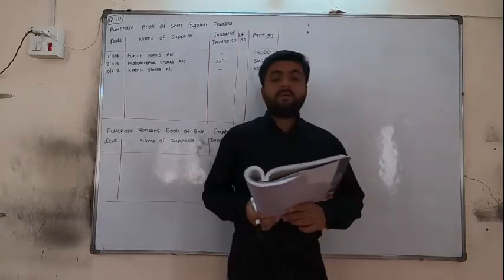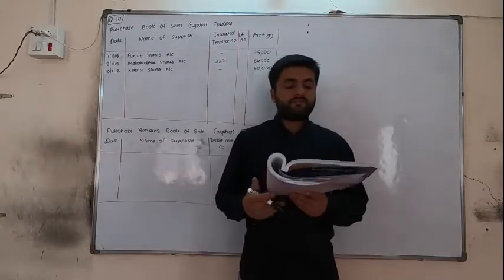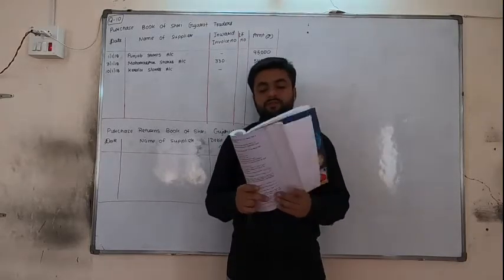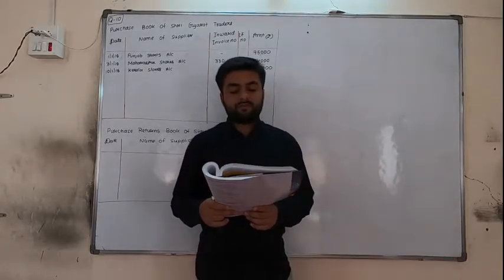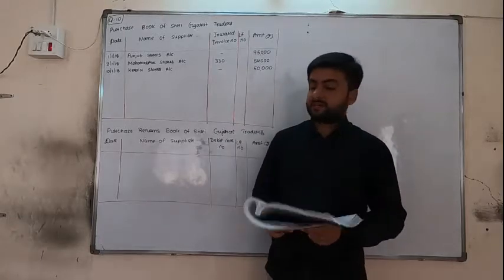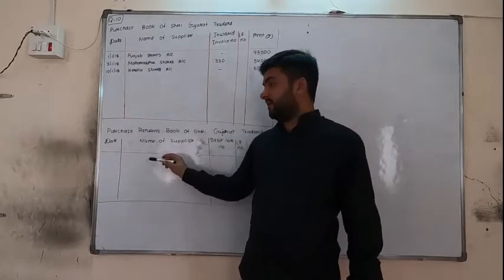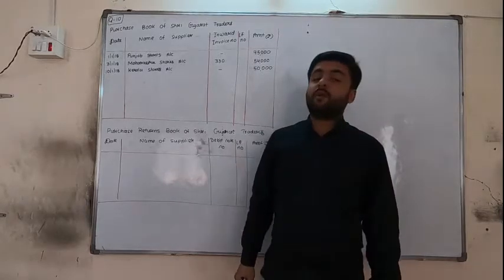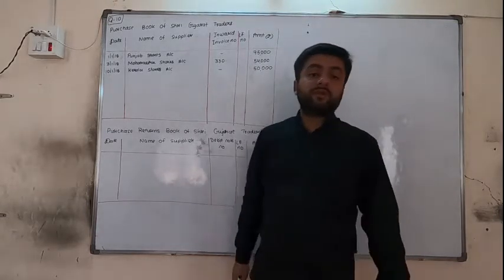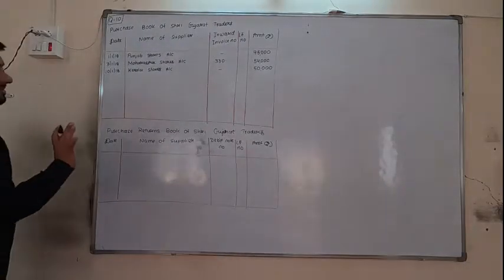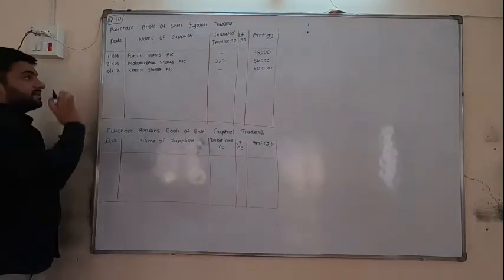Okay. Now on 17th January, 1/3 goods is returned to Maharashtra stores along with debit note number 43 of appropriate amount sent. The goods which we have purchased from Maharashtra stores, now we are returning back, so it will come in purchase returns. And how much? 1/3. So 1/3 of the amount which we have returned. Okay, here trade discount is not required. Already this is the net amount.